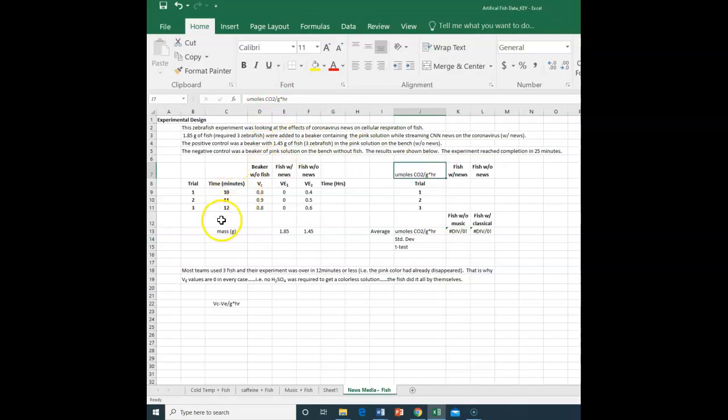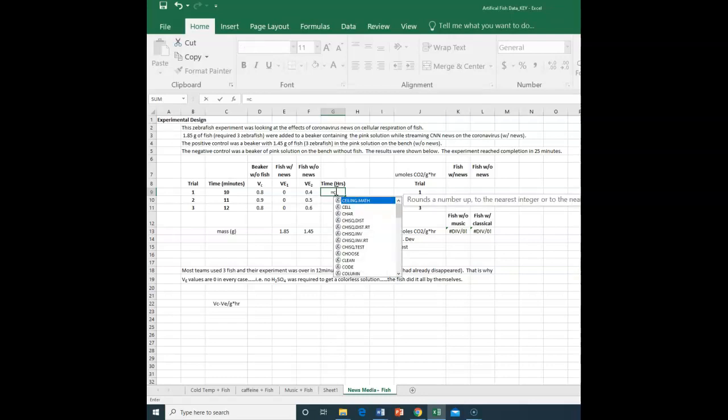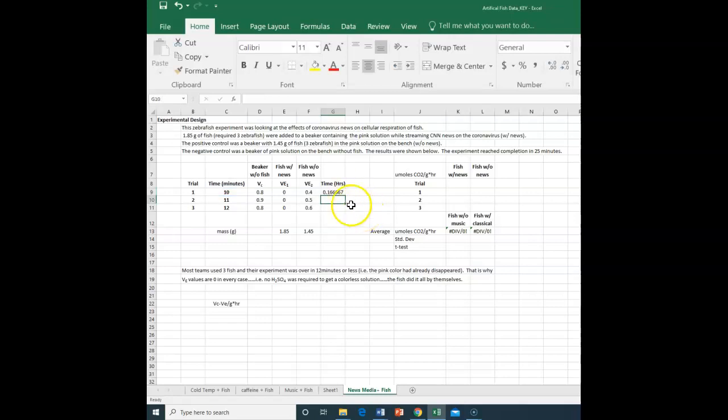need our time in hours, but right now what you have is our time in minutes. So let's go ahead and make that calculation. So you can basically just take 10 divided by 60, or you can have Excel do this for you. So you say the value in cell C9 divided by 60 is 0.167 basically. And now we can just copy and paste that, and it's going to do it for the different amounts of